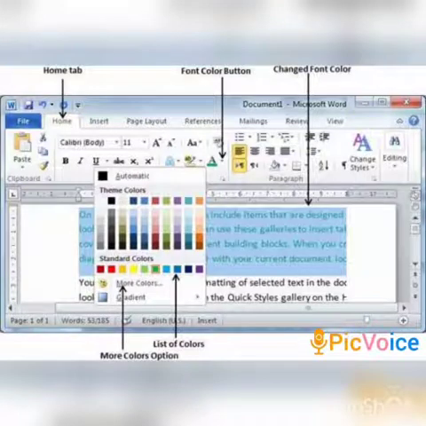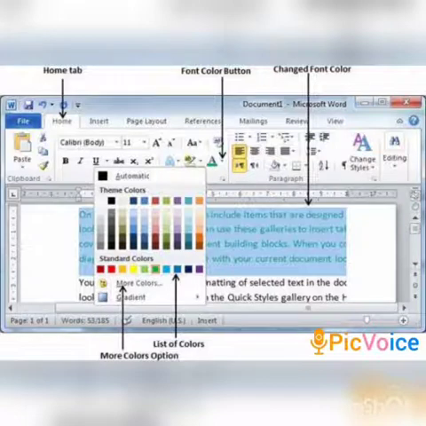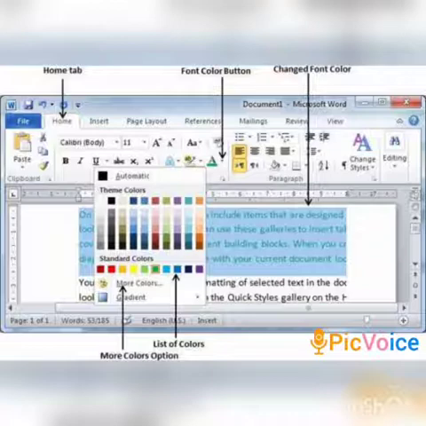This is the Home tab. Then the More Colors option. This is the font color button. This is the More Colors option, that is the list of colors. Then change the font color. First step, highlight the text you want in the color.